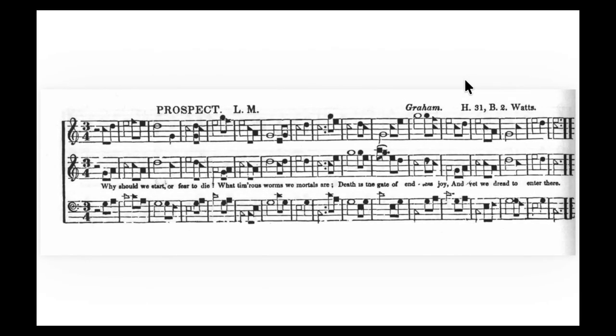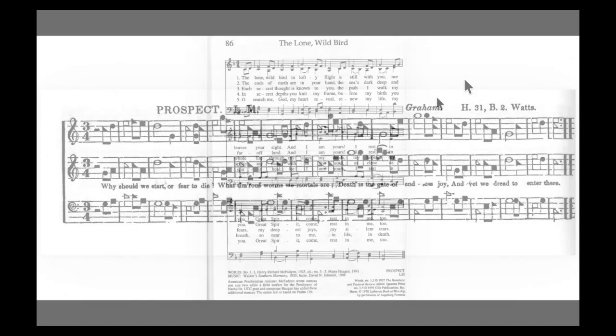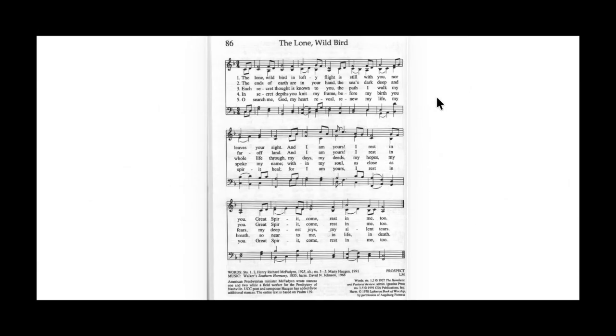Here is the original 19th century shape note version of the tune, published in Walker's Southern Harmony. It's a cappella vocal music for group singing with 3 parts, soprano, tenor, and bass. And now here's an arrangement of the tune in a 20th century hymnal, which is where I first encountered it, and which is what I'm basing my interpretation on.